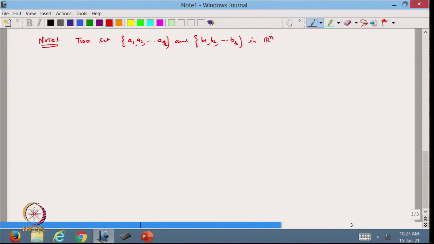So, I am taking R number of vectors here and S number of vectors here, lying in Rn, that span the same subspace if and only if